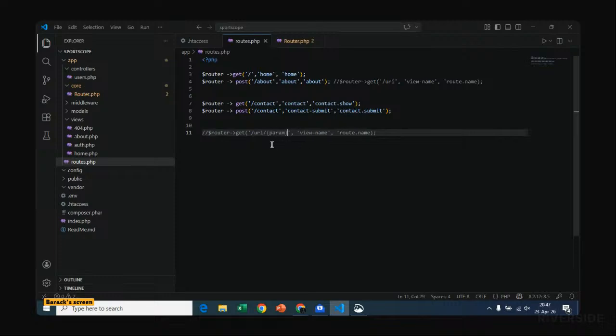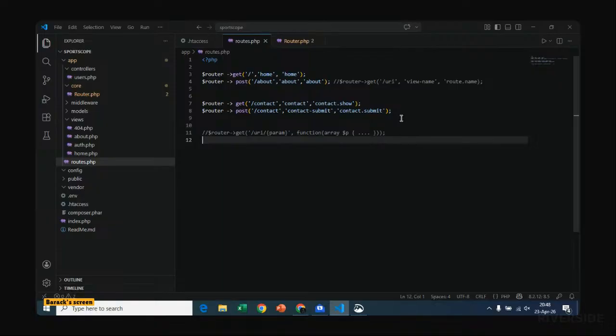Then after that, instead of having the view name and so on in the second position, we get to have a function. And this function is an array of p that would give us whatever is in between here. So that's another format of routing. So to exhibit that,